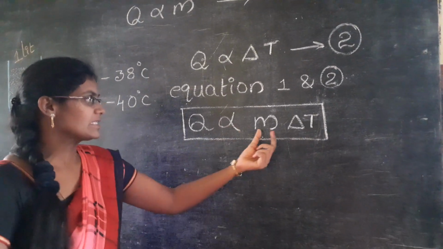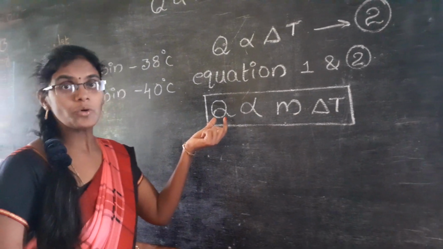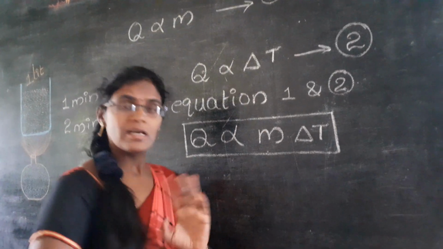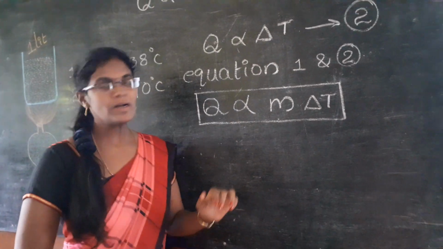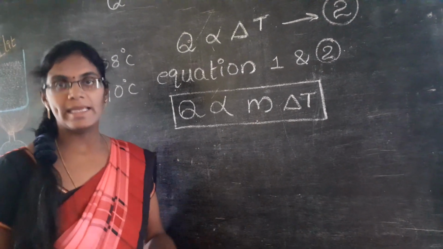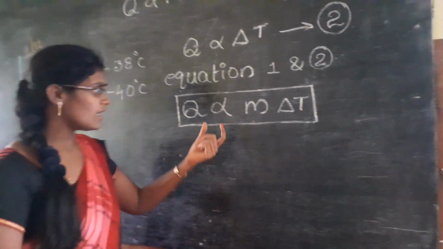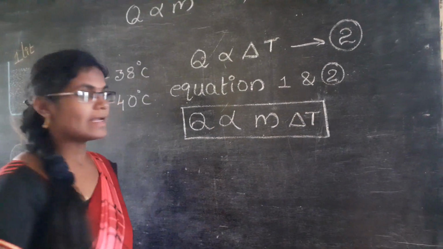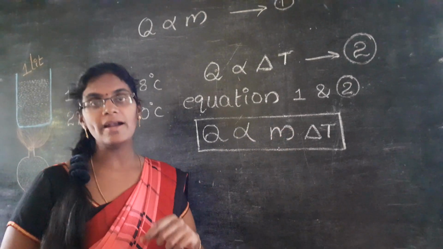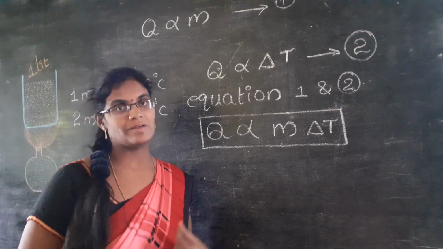Proportionality means, for example, if the mass increases, the required heat energy also increases, but the amount of heat and the value of the mass are not equal here. But when one quantity increases, automatically the other also increases. It indicates the rising. But if you want an exact equal value, then it is necessary to add a constant. Already you studied this information in your previous classes also.